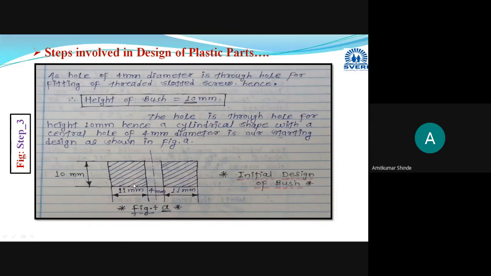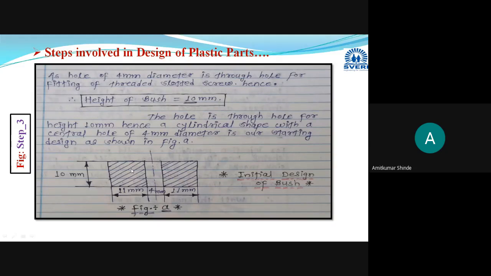Then thermal stresses may get created. Then sink marks may occur as this is a heavy section. Material may move towards one side or one corner, and at the bottom corner, some sink marks may occur. If you try to manufacture the heavy solid section shown in this diagram, then it will create some defects.